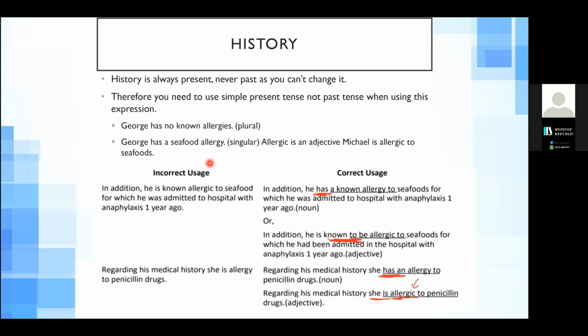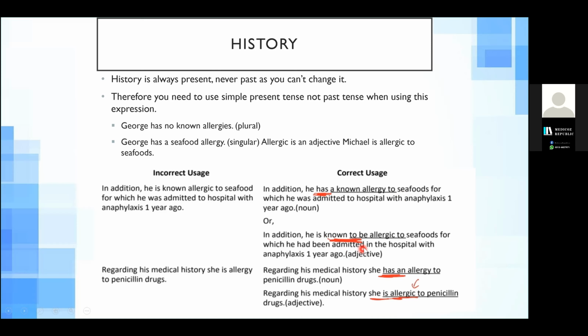Then if we have to use the adjective allergic, we can use "allergic to." This is just an extra piece of information here. "Allergic to seafood," or you can just say "seafood allergy." Let's take a look at this example. "In addition, he has a known allergy to seafood," or you can say